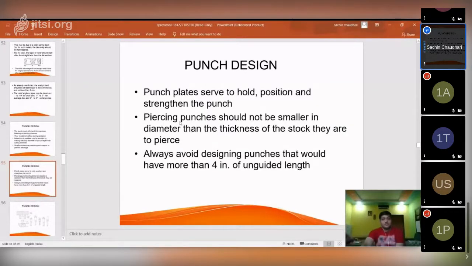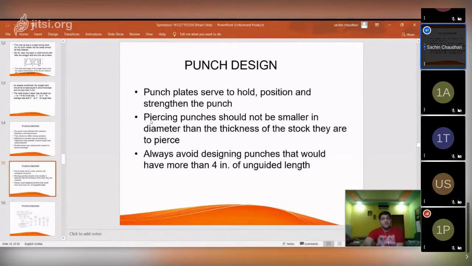Okay, so piercing punches should not be smaller in diameter than the thickness of stock. Okay, so whatever the thickness of the stock being pierced, the diameter of that punch should not be smaller than the thickness of your stock. Okay, आलं लक्षात?